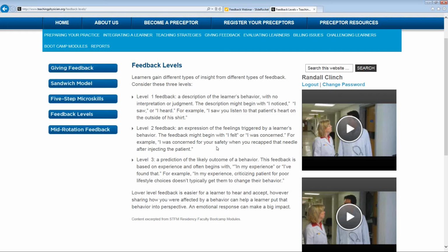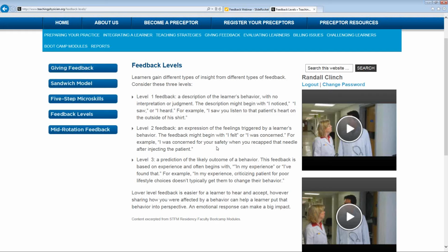And then level 3 goes one step further, where you give them that guidance and your prediction based upon your years of experience. So you can state something like, in my experience, if you tend to start your abdominal exam right where the patient hurts, you're less likely going to get a thorough exam because they aren't going to allow you to do the rest of the exam comfortably. So just give them something that would be your experience, and that allows them to feel safer. They understand now from your perspective, you're their instructor, why you're giving them this feedback, and then you link it to their goals. Remember, you said today you wanted to work on the abdominal exam. This is something that will let you get a better exam next time.